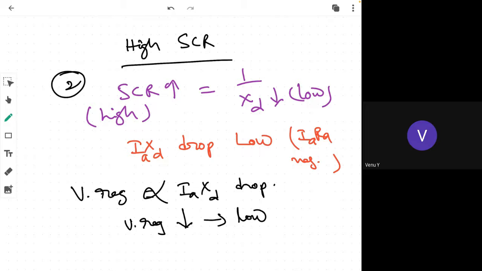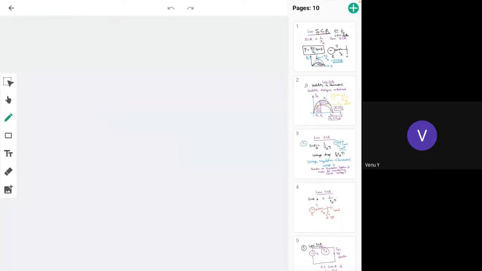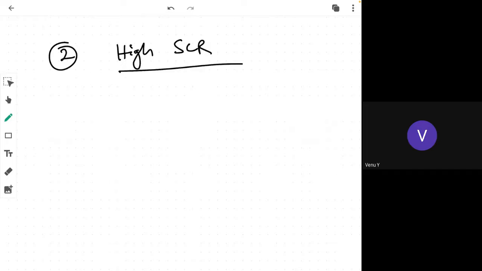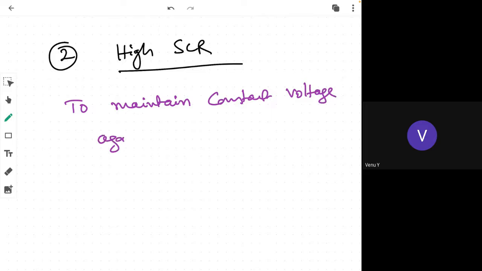Voltage regulation is low, and hence the burden on the SCR to maintain constant voltage against load variations is low. To maintain constant voltage against load variations,